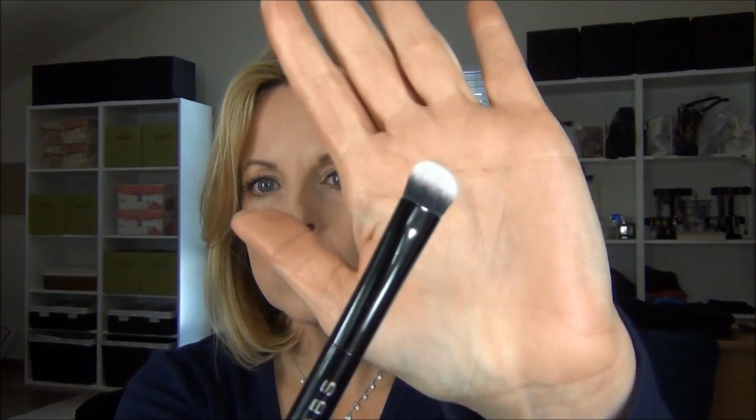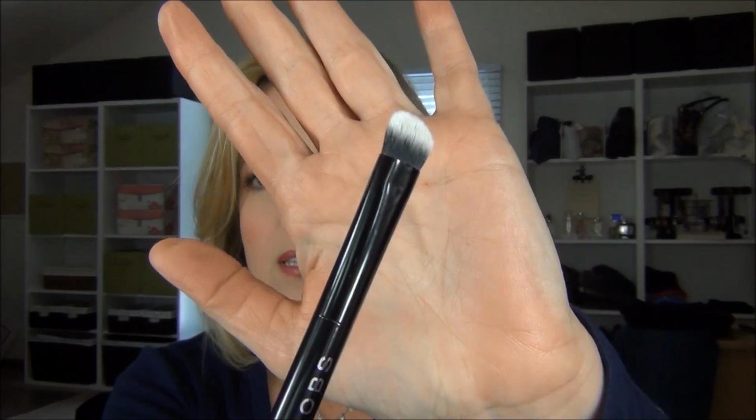My first favorite is a brush. And I don't often talk about brushes, but this one really is new to me, and it has become a favorite very, very quickly. And this is the Marc Jacobs concealer brush. So this is what the head of the brush looks like. It's a synthetic brush, I believe dual fiber, and